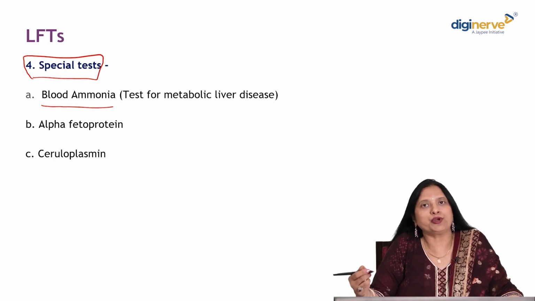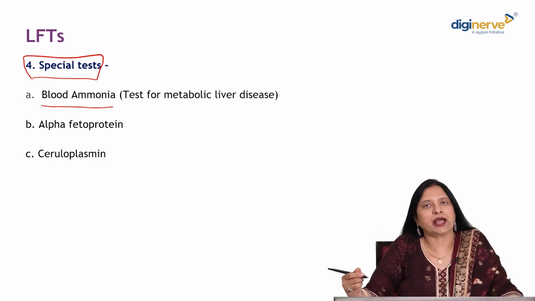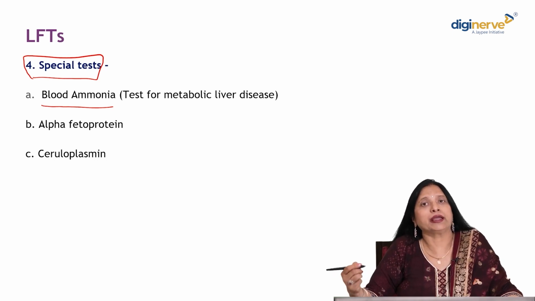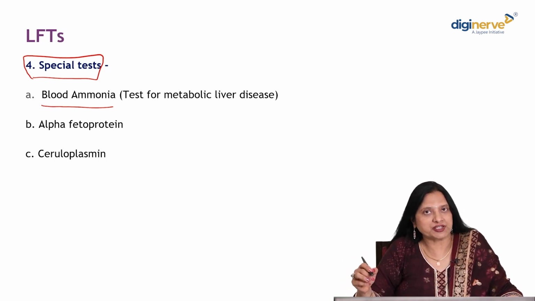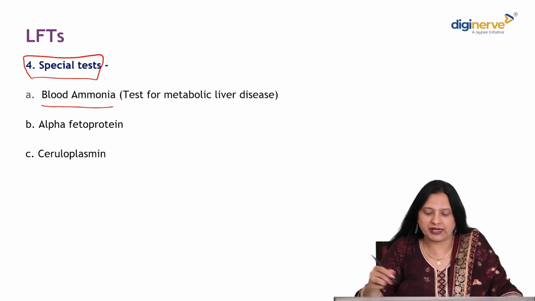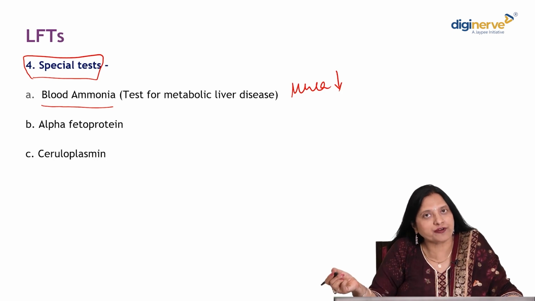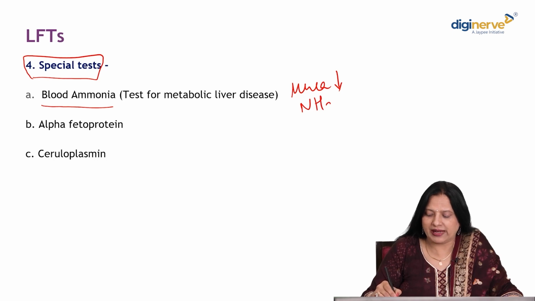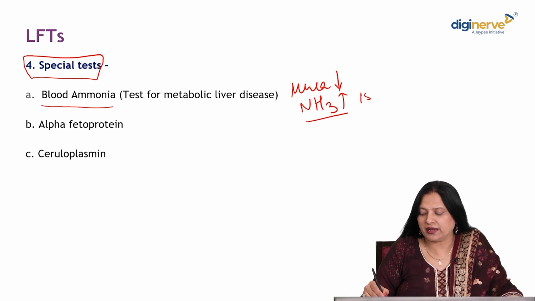Now we know ammonia from all the periphery comes to the liver and gets detoxified by formation of urea. So ammonia gets converted into urea in the liver. However, if there is a liver dysfunction, obviously what will happen? Urea synthesis will decrease because of the decreased functioning of the hepatocytes, and the ammonia levels will increase in the blood, right? So what are the normal ammonia levels?